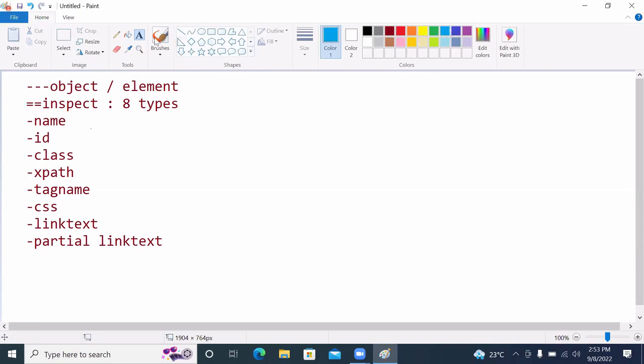While working with these techniques, name, ID, and class follow the same steps. If we consider name, ID, and class, and want to work with these techniques,